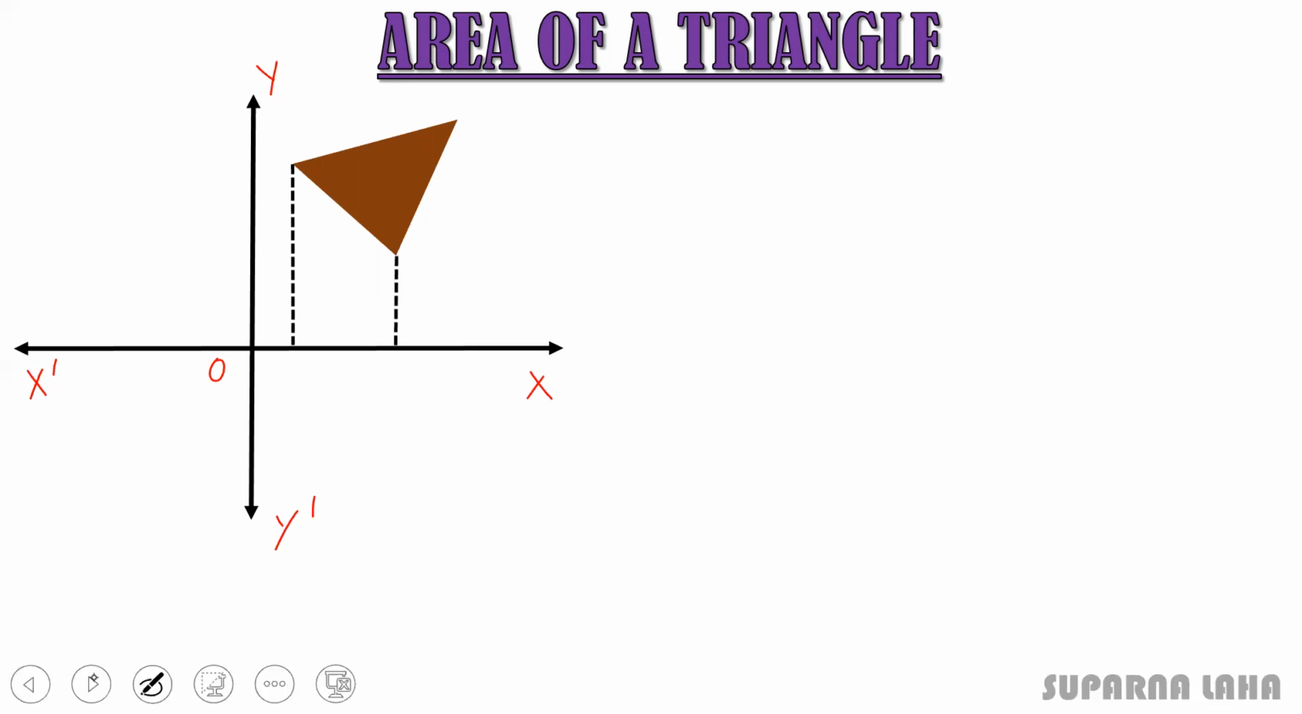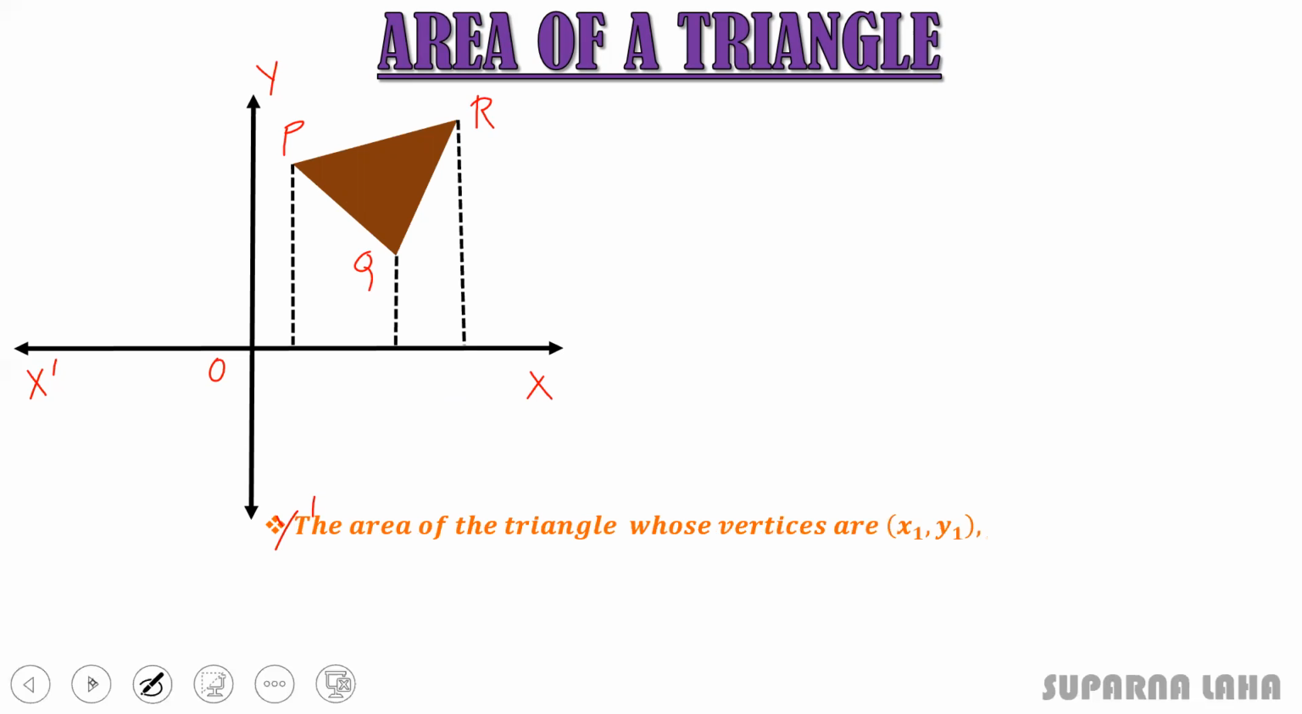So take this one P, this is Q, and this is R. So you need to find the area of the triangle. So what is the formula? The area of the triangle whose vertices are given like x1, y1, x2, y2, and x3, y3 is given by half of mod of, we will take just the absolute value, since area is always positive, it gives us a positive value, not a negative value. So that's why we are using mod, or you can write down the absolute value of this